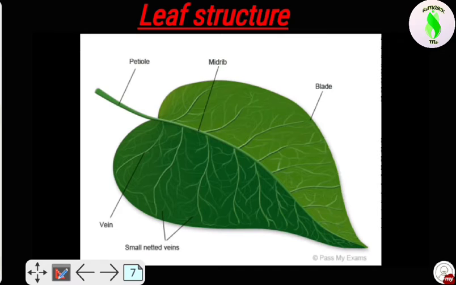As you can see over here, this is the structure of a leaf. Now, how does this structure help in releasing and absorbing energy, so that the energy and the food obtained from photosynthesis can be transported through this leaf? This structure gives a whole definition of how it helps in photosynthesis, in gaining energy, releasing energy, and transporting food.